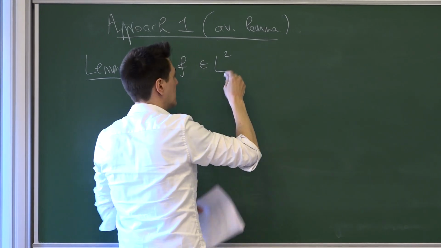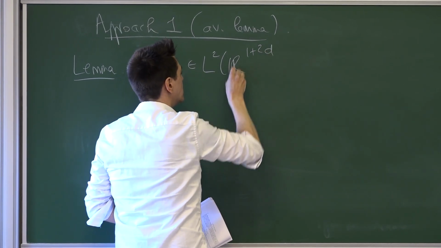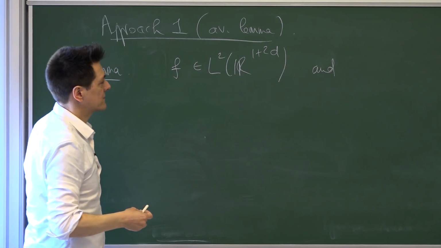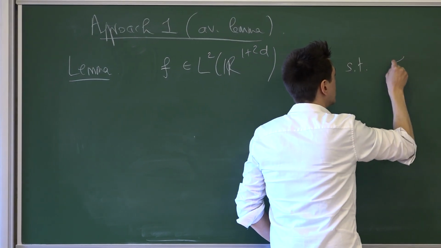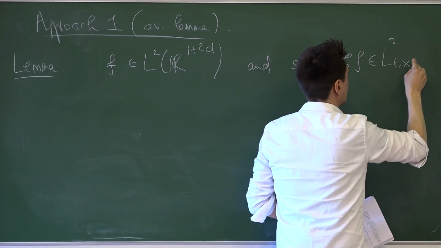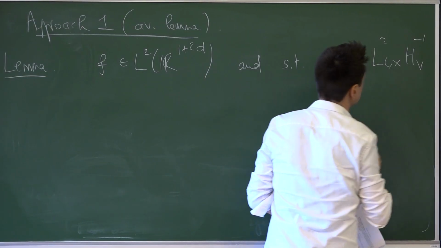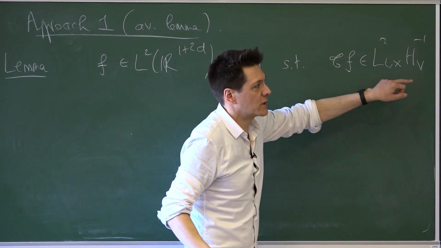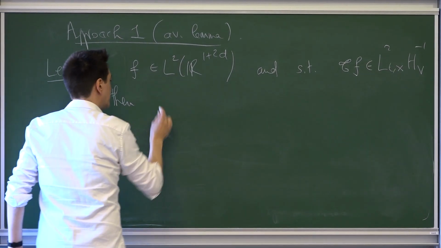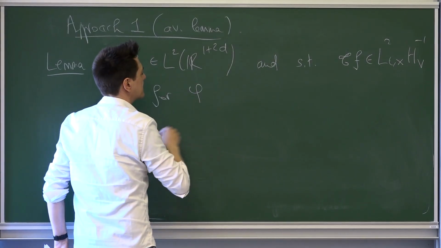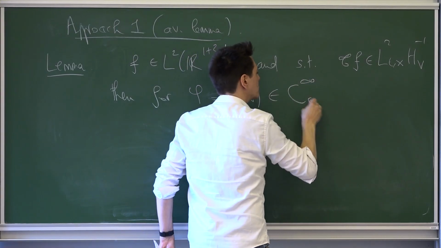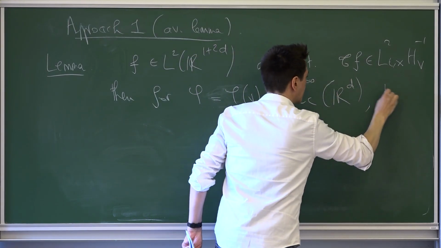in L2 of all the variables, and you can consider my second condition also as a sort of function space, so that the transport of f is in, for instance, L2 t,x, H^-1 in v. I'm not choosing that at random because H^-1 is what you expect my right-hand side to be in. Then, for phi, let's say, as a function of v, smooth compactly supported in R^d, then